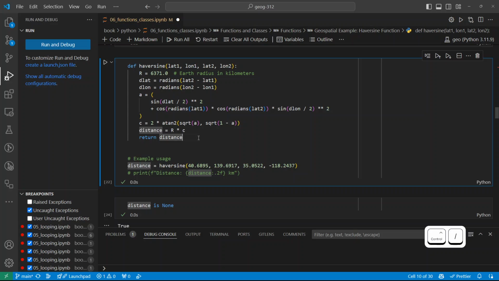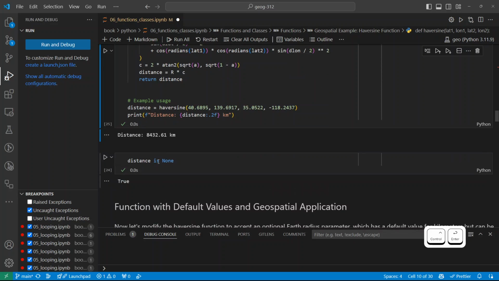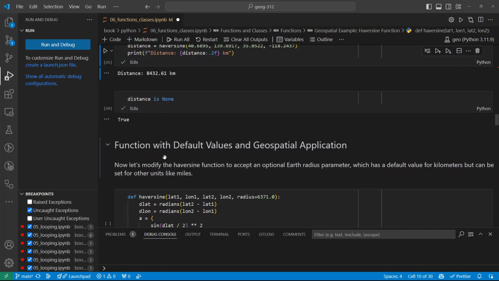Most likely, your function needs to have a return statement so it can return a result. Otherwise, you're just doing something and it's not getting back, so that's not very useful. Let's run this one again. Numbers. This is how you can calculate the great circle distance